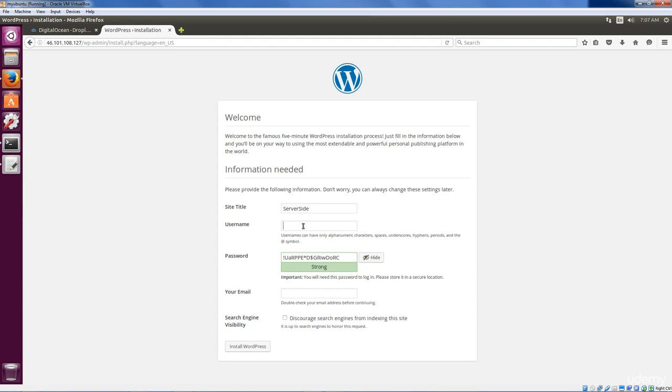How about server side? We're going to have a username. And because we're creating a root user, essentially an all-powerful WordPress admin user, we're going to call it secret admin. You'll want some non-public name here. The name of a user who actually won't be creating posts, who won't be visible on the site, because evil